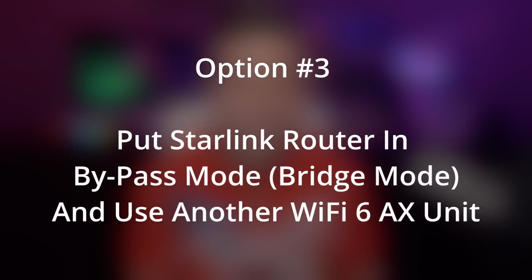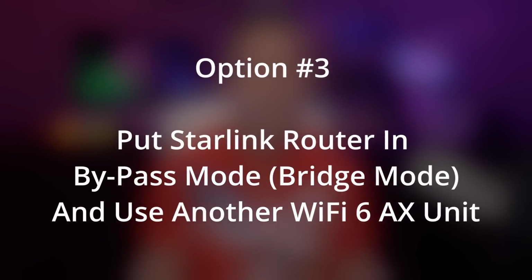That means you're not going to be able to see if there's any kind of outages or communications through messages, through support. You're not going to be able to see if there's any obstructions or do speed tests or anything like that. So while yes, some people will want to do that and just use their own router, I prefer option 3. So option 3 is basically taking your Starlink router and putting into bypass mode, or as I call